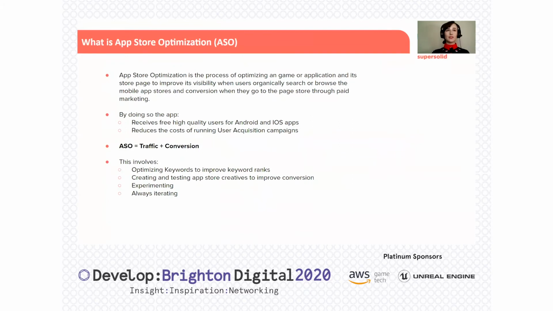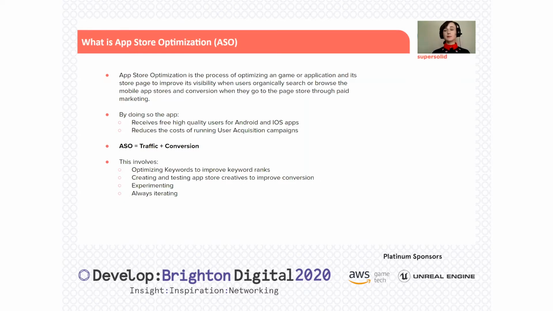So what is App Store optimization? It is the process of optimizing a game or application at the store page to improve visibility when users are searching for things organically on the App Store, such as for keywords or by browsing. And additionally, it also improves the performance of your paid marketing campaigns. So not only are you getting good quality free installs, you're also improving the performance of your paid install marketing